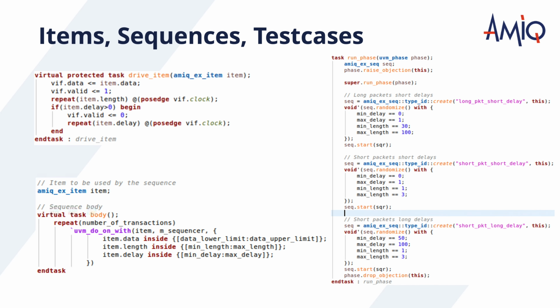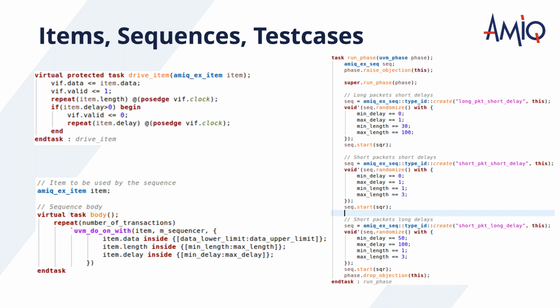As an example, we are going to oversimplify this by removing the in-between layers of control and work with just one layer of sequences. We can see in the first picture on the slide the task drive item, which exists in a component named driver, and that puts the item on the bus. This item is created and randomized inside sequences, an action that is portrayed in the bottom left picture. Please note that the fields in the item on the left are constrained based on the fields in the sequence, which are on the right.